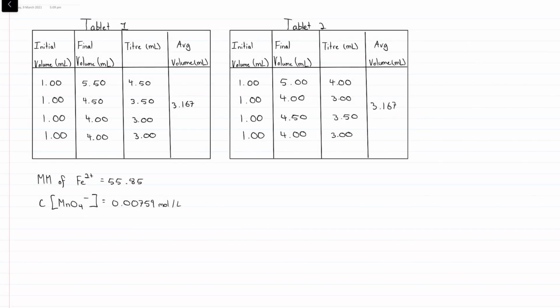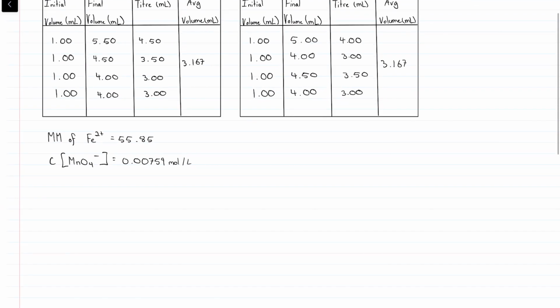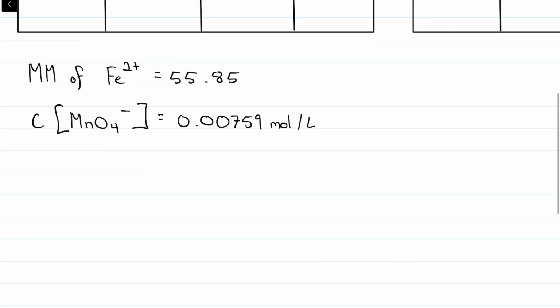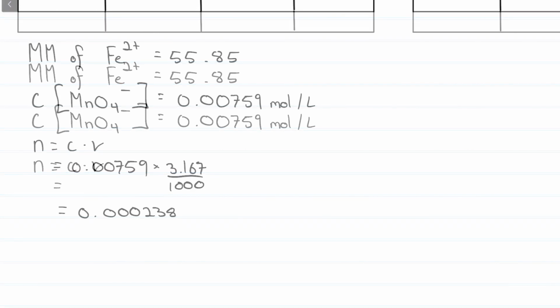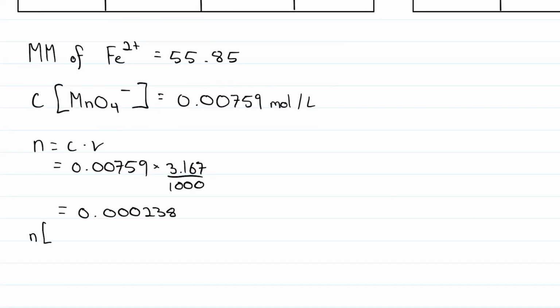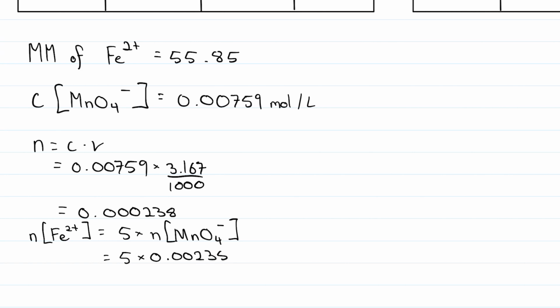Once you have gotten your results, you want to discard any results that seem like an outlier and then begin to calculate your mean titer. Once you have your mean titer, you can now begin to calculate the moles of manganese. For this we use the equation n is equal to cv. Now that we have the moles of manganese, we can determine the moles of Fe2+ using the molar ratio calculated from before, which was 1 mole of manganese is equal to 5 moles of Fe2+. So we end up with